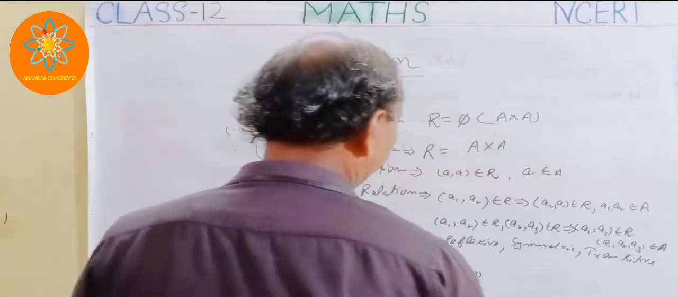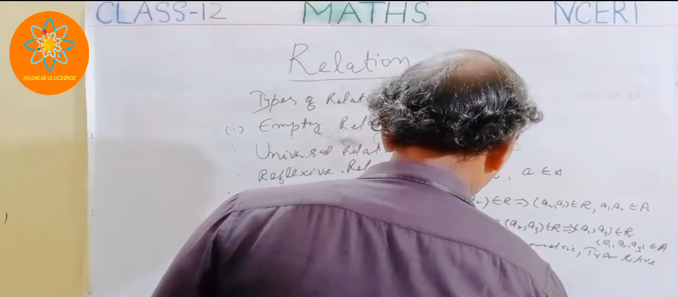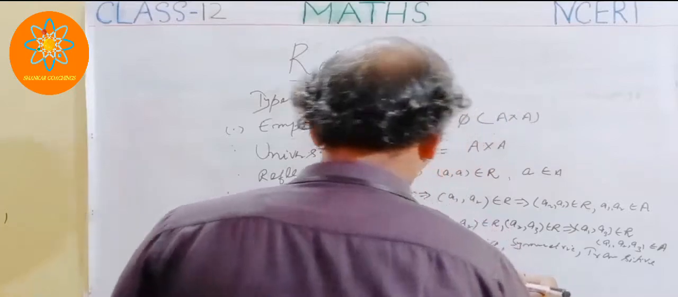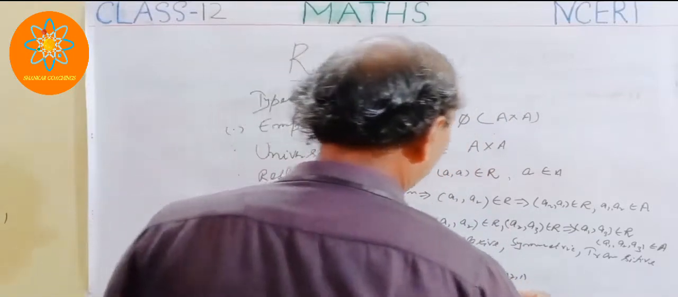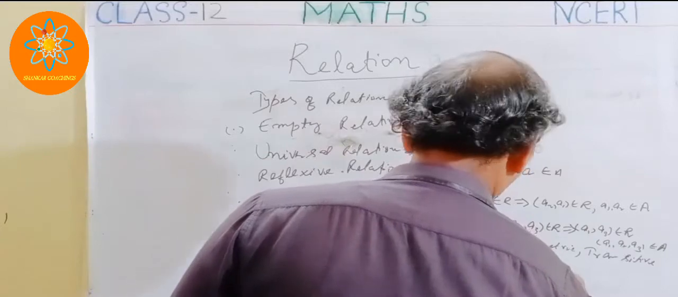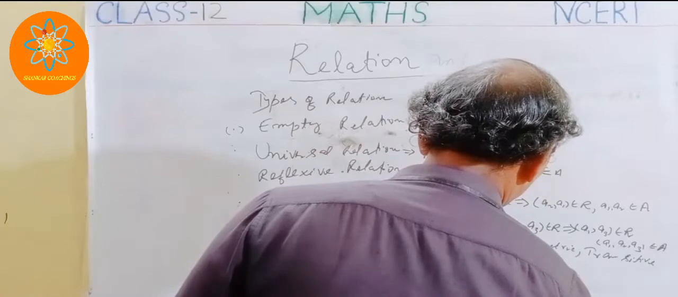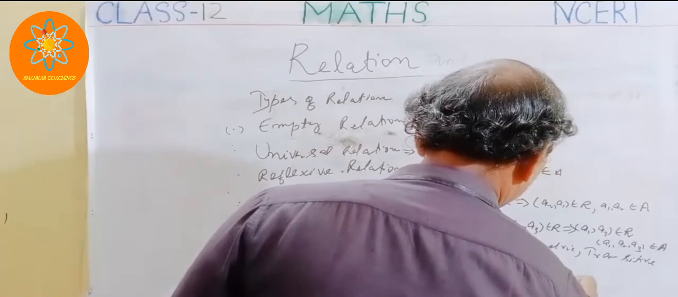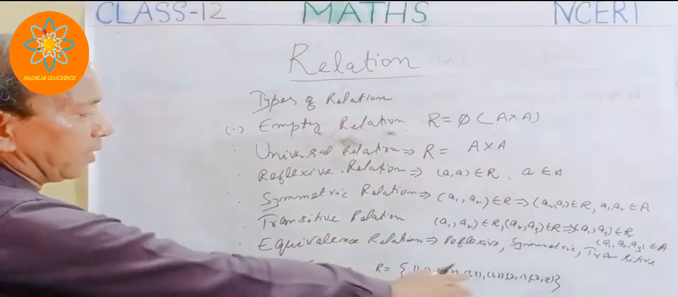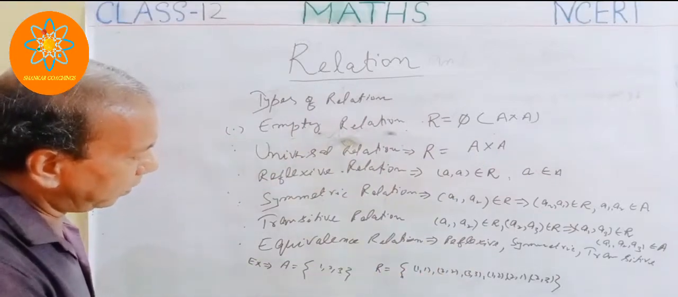and then (1,2), (2,1), and let's suppose (2,3), like this. Suppose the ordered pairs are given like this, and we want to see